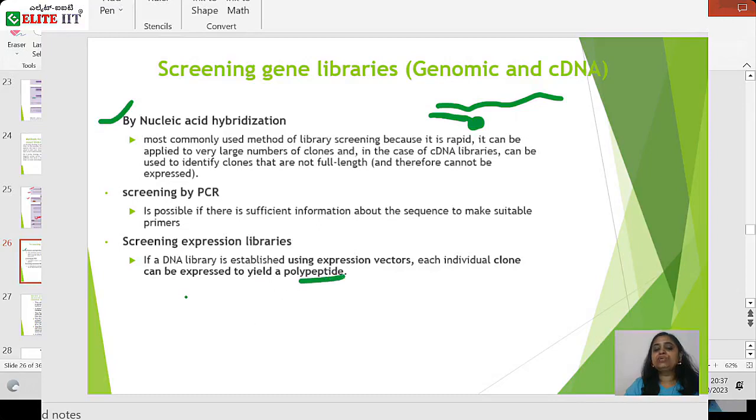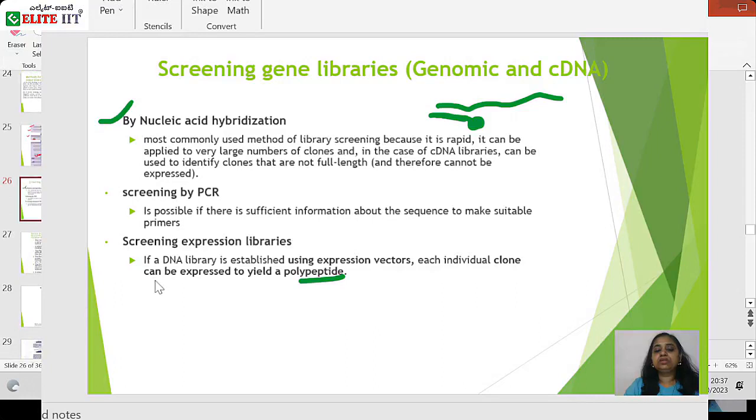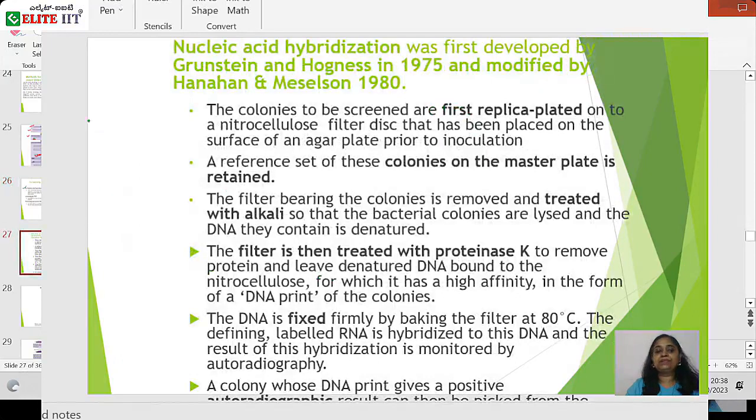Obviously, if you want to observe the expression, in that case, screening expression libraries. I told you cloning vector, expression vector difference is there. Expression means some peptides or proteins should be produced. In that case, you have to use the expression vector in order to make the library. Okay, now